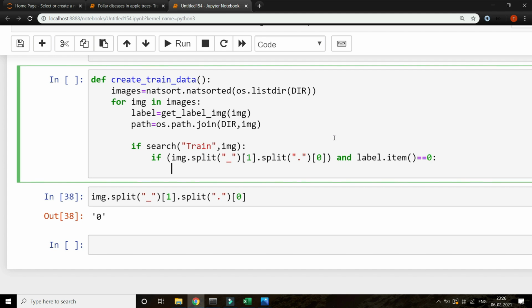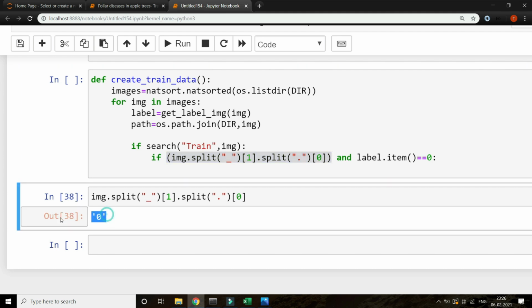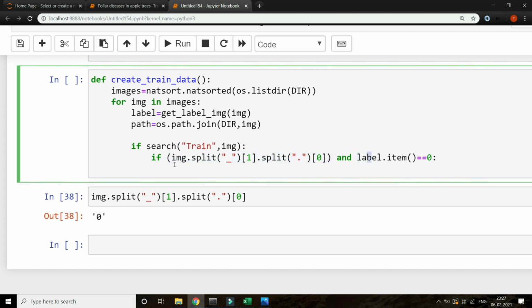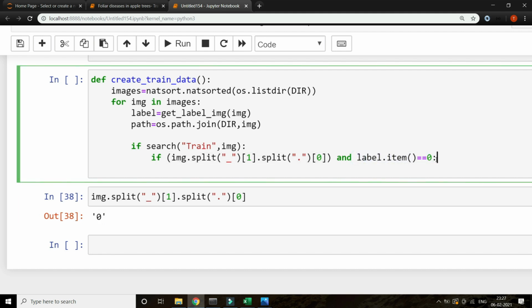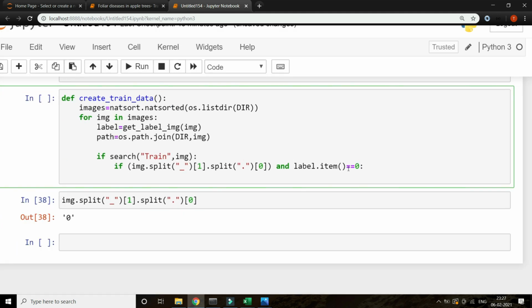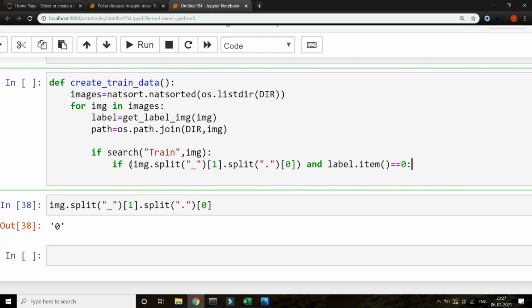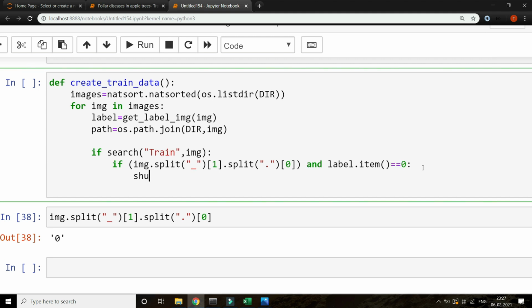What does it mean? Whatever the name of the image is, like right now it's 0, and if its label is equal to 0, what does it mean? What is the label? 0 means healthy, label 1 means multiple diseases, label 2 means rust, and label 3 means scab. So if the image's label id is 0, then shutil dot